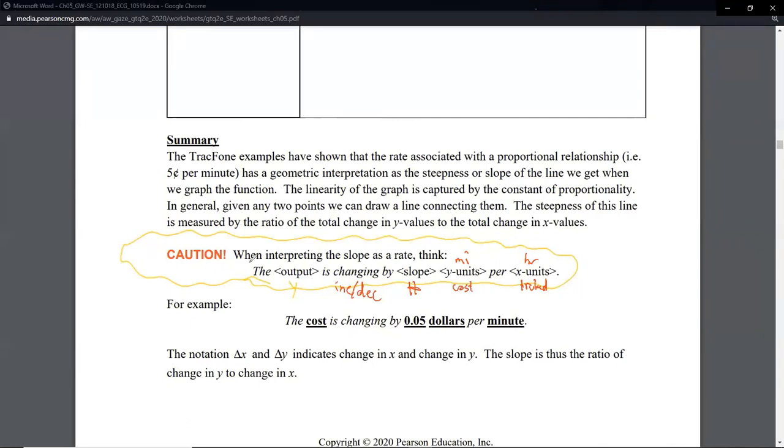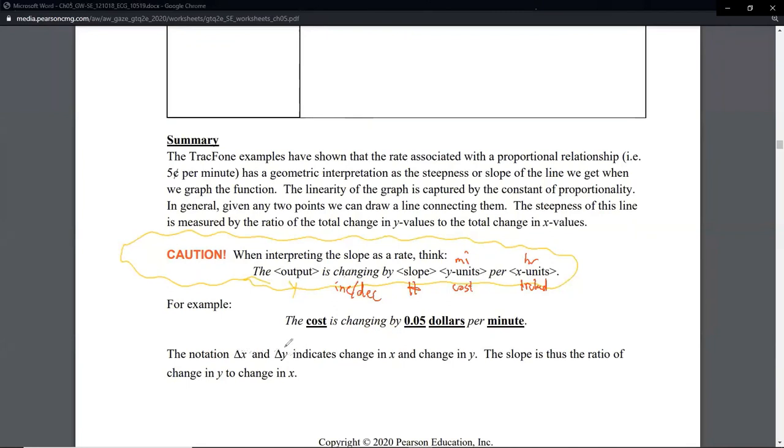This right here is what we call a cookie cutter. It is an exact phrase that you're going to use, but you have to practice with it. I know I am a broken record. Practice makes perfect. The wording seems very weird at first, but after you do a dozen of them, it's not so bad. Don't worry about this notation. We really don't see this anywhere else in the course.